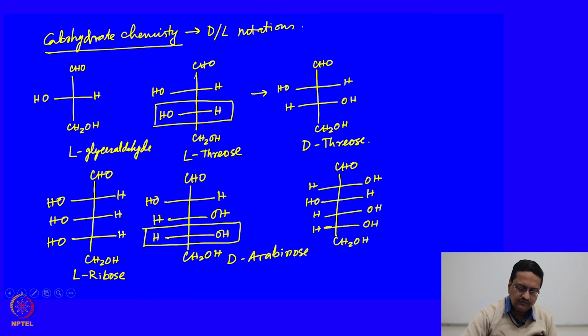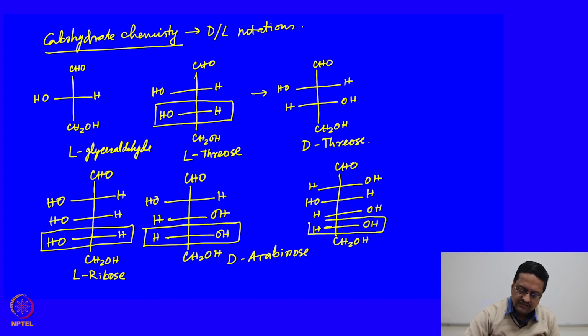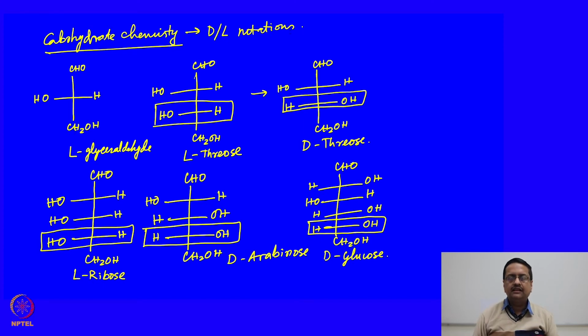So, once again, by looking at the bottommost carbon, this designation of D and L was given. So, we can see that by looking at one chiral center, the designation for the absolute configuration of a molecule